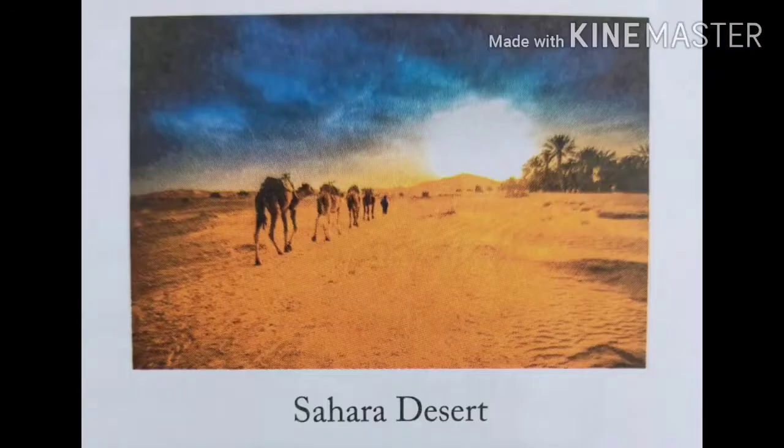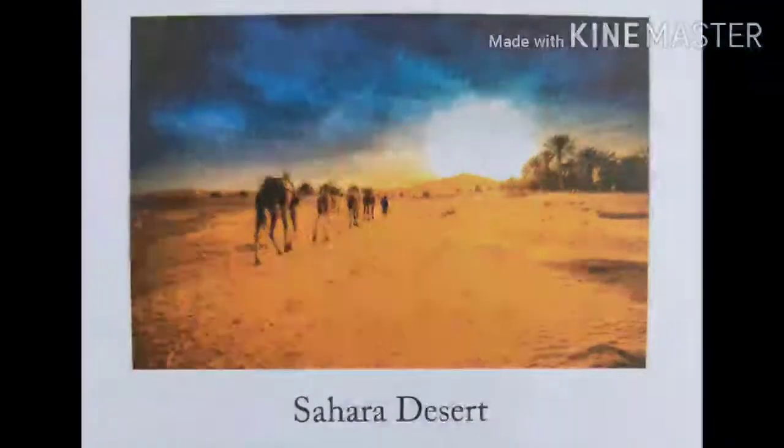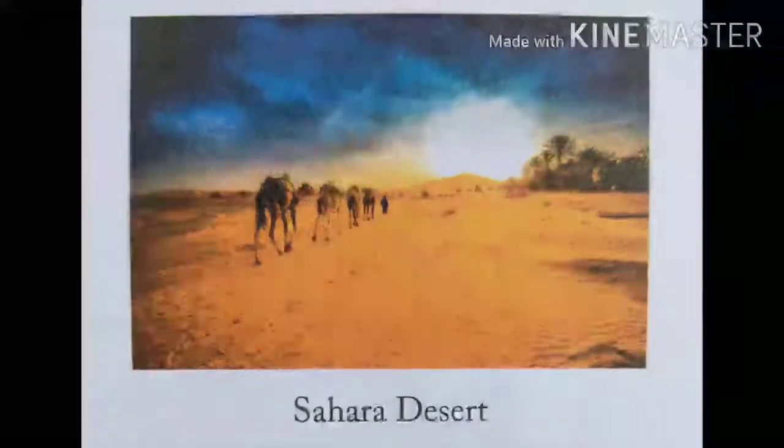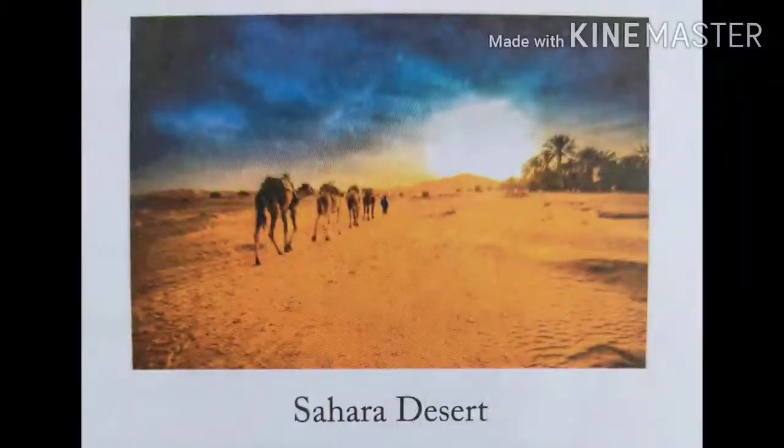Now we will read about these three zones in detail. The areas with similar climatic conditions are grouped together as a climate zone. Now what is a climate zone? Children, the areas with similar climatic conditions are grouped together as a climate zone. Now the earth has three climatic or heat zones. Each of these is spread symmetrically across the northern and the southern hemisphere. So they are spread symmetrically both in the northern and the southern hemisphere of the earth.